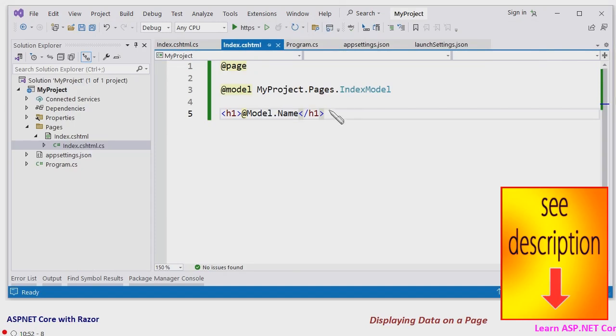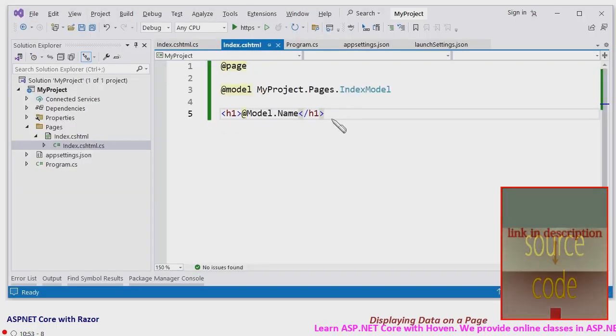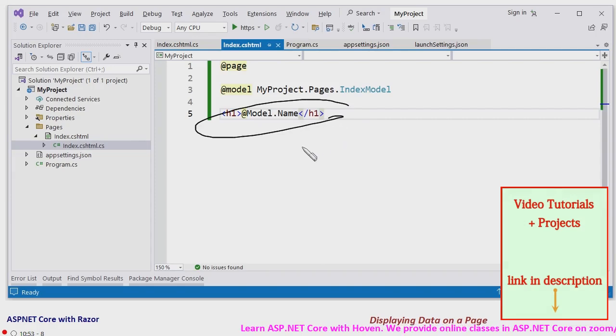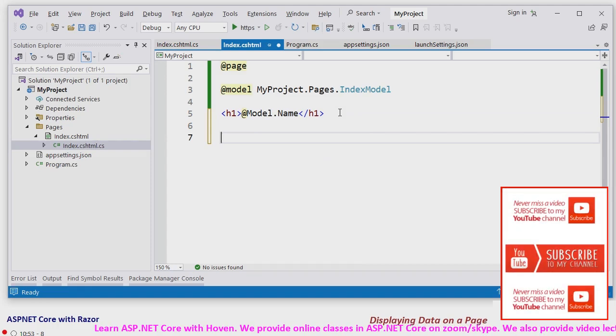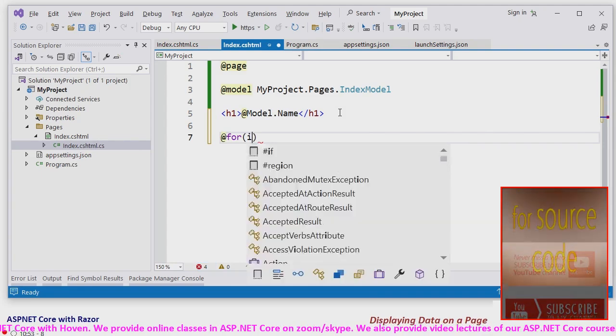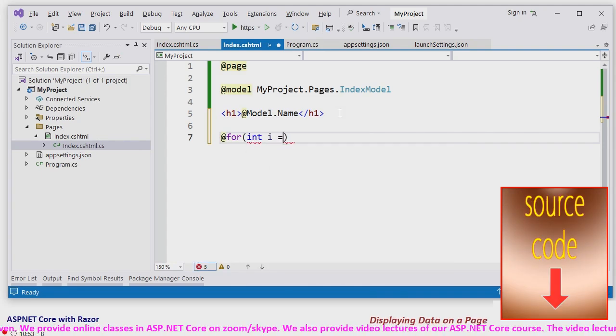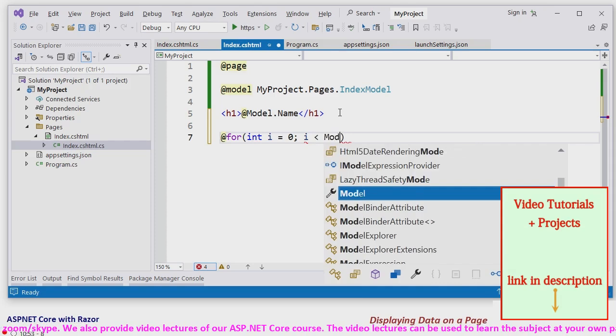Next we can now use a for loop to display that counter. int i = 0, i less than Model.Counter.